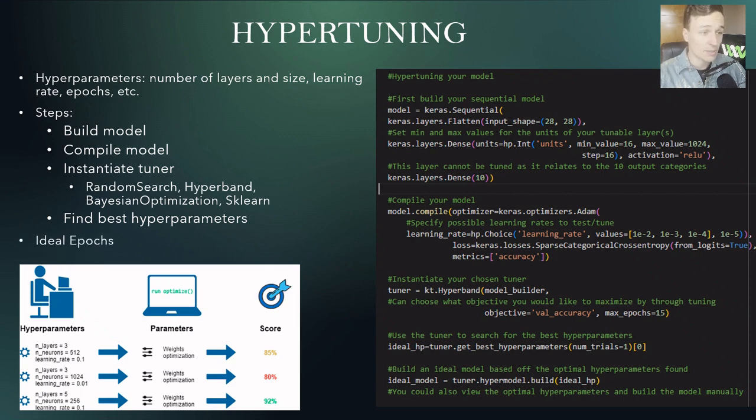One last thing I would like to mention is that there is usually a specific number of epochs that will work best for training your model. This is something you'll want to explore by first training your model for a large amount of epochs, and then through viewing the validation accuracy during the training process, as shown through a normal history graph, you can find the number of epochs that result in a well-trained, accurate model. So this is a basic run-through of how you can use hypertuning to find ideal parameters and build a more